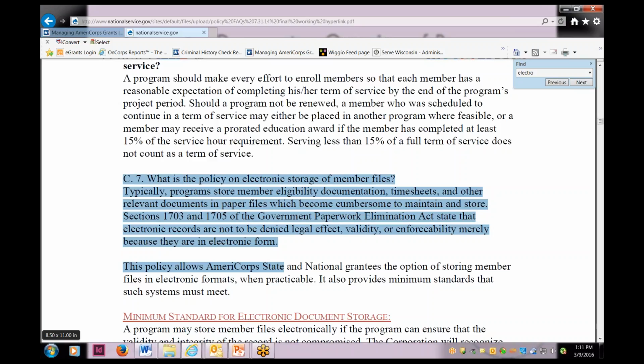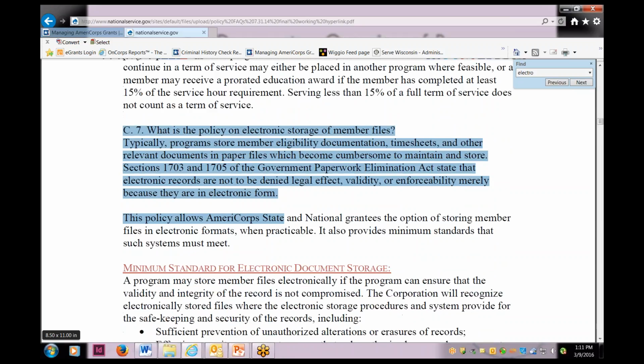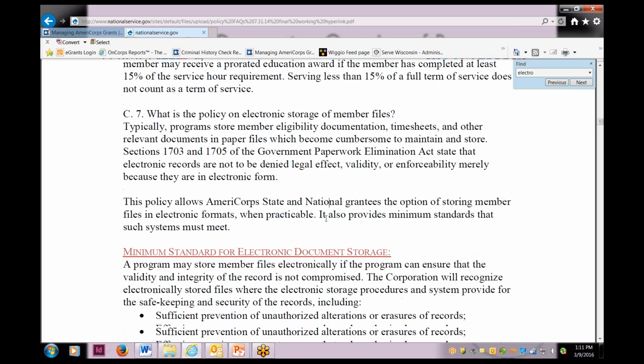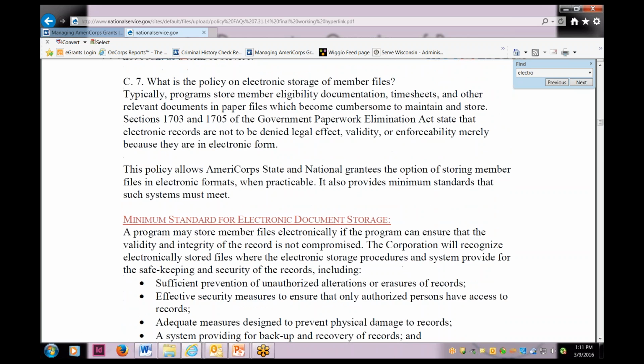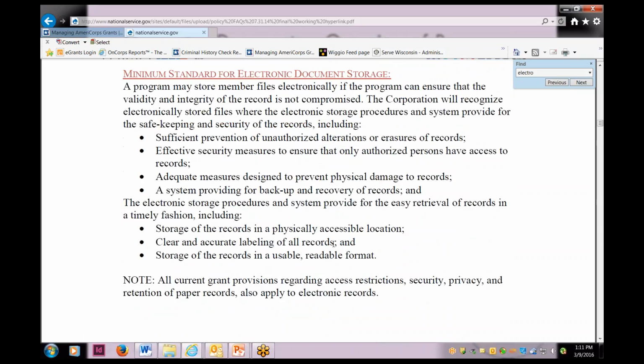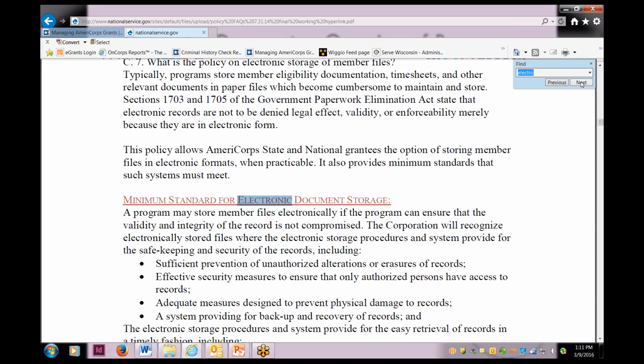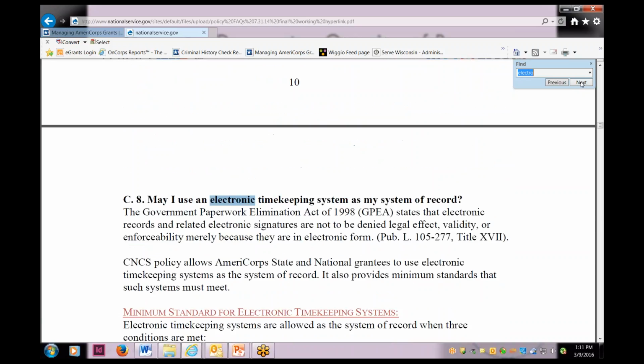If you're not comfortable just taking this and reading it and then finding your own answer, you're more than welcome to reach out to your program officer for clarification purposes, but certainly we encourage you to search these documents for your own answers. Okay, so you can also hit next again and see if your word pops up in any other areas of the document. So I'll typically hit that until I cannot find any more.